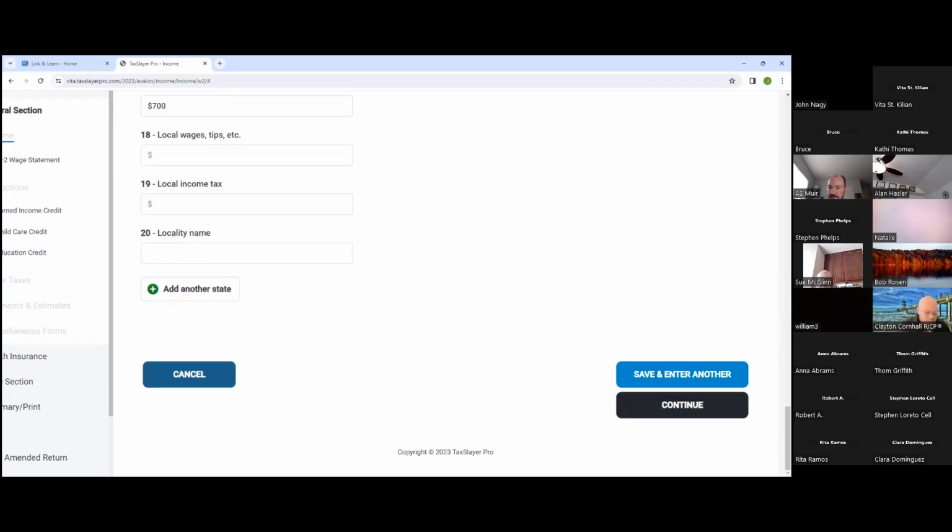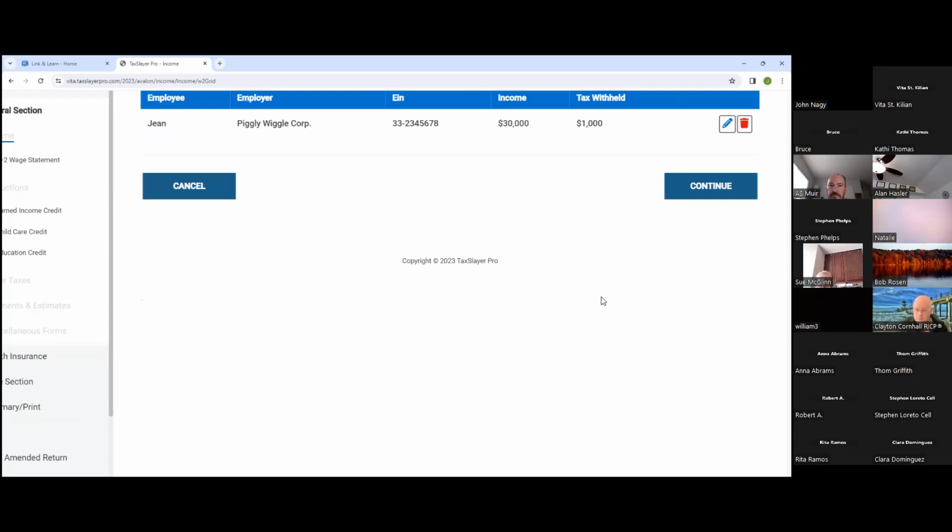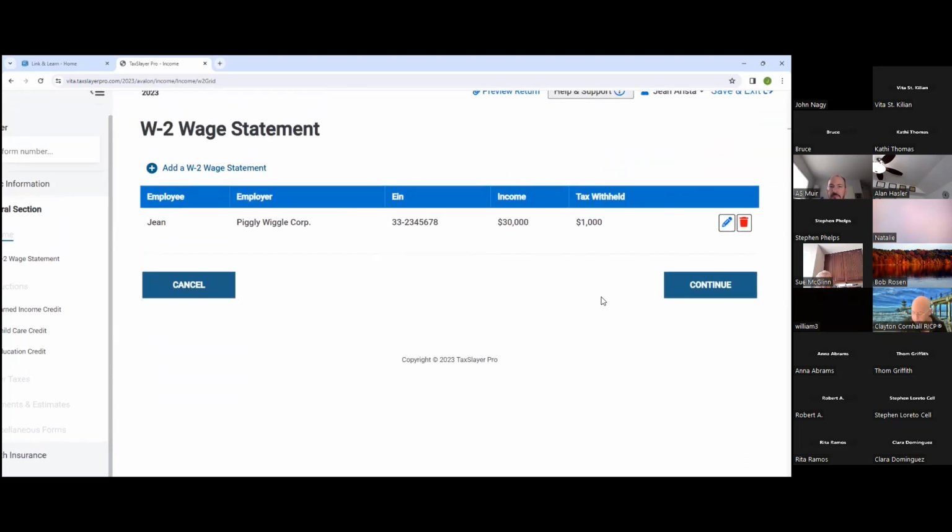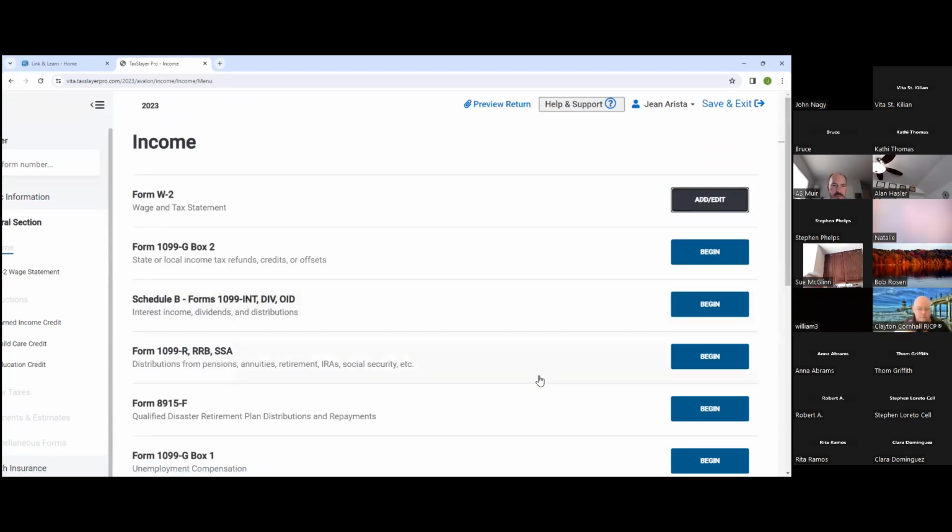Okay, we're going to hit continue. There's a 0 on one of those boxes. Do we enter a 0? Like if there's a blank box on, say, Social Security withheld, we don't see it on the W-2. Do we leave it blank on the TaxSlayer, or do we actually enter a 0? I'd probably leave it blank, but if you put a 0, chances are the software will not display the 0 when you're ready to go. And then if you've garbled the entry, you can go ahead and delete. If you need to make revisions, you can hit the blue pencil. Okay, so that's wages for our taxpayer.